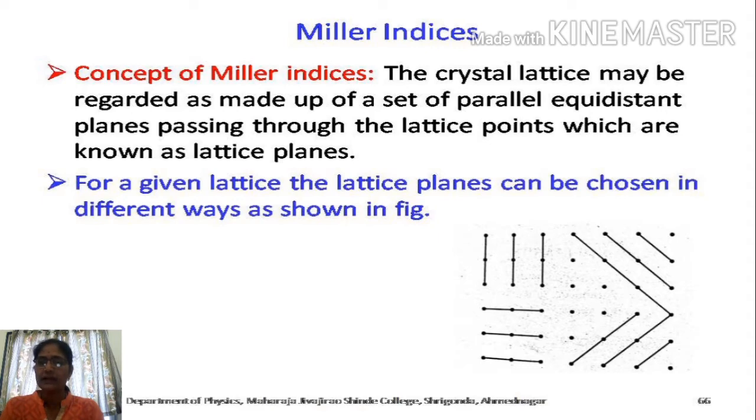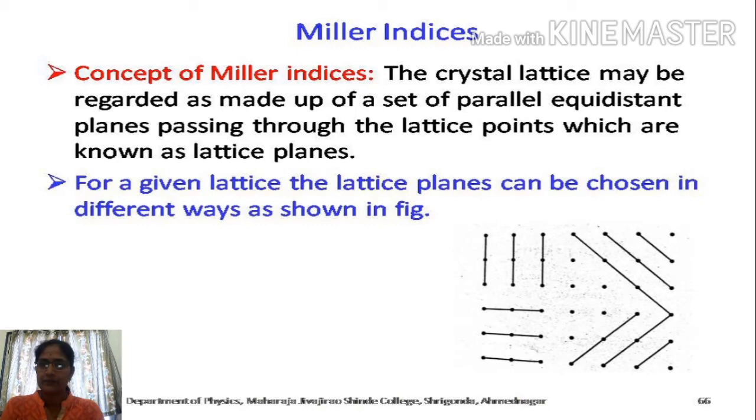It means that they are randomly oriented. They will have different orientations, and within one orientation there will be a number of planes. It means that in a crystal there are a number of planes which are randomly oriented. We know that if we consider the distance between two atoms, then this is called lattice parameter or a. And if we consider the distance between two parallel planes, then this distance is called